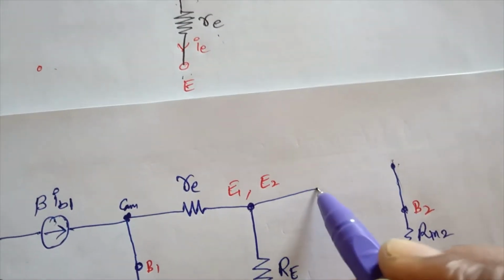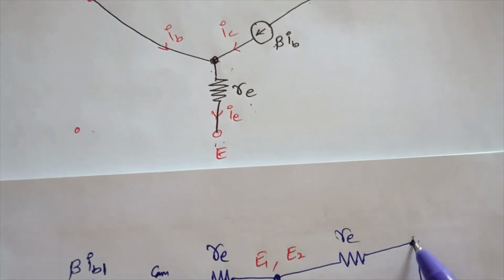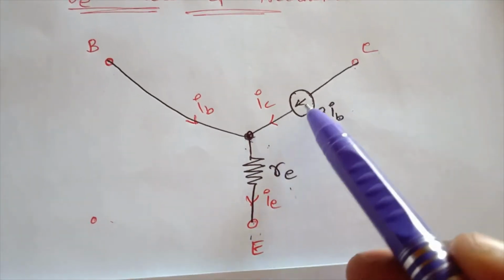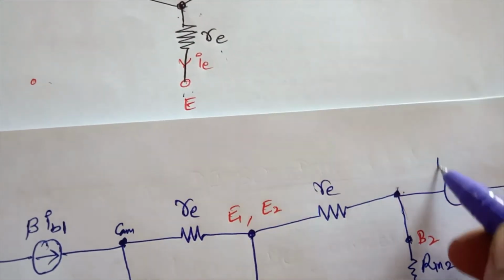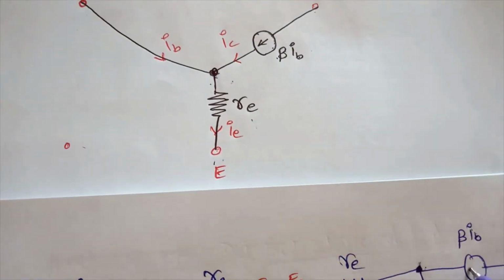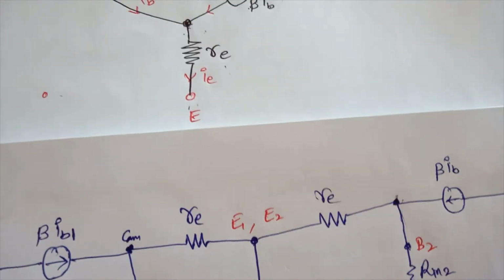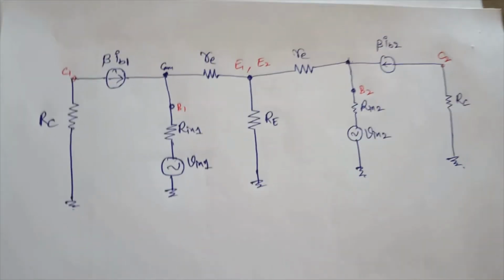Then the collector is connected to the common point through a current source, and the value of the current source is beta times IB. So this represents the transistor Q2. I take the current as IB2. So this is the AC equivalent circuit